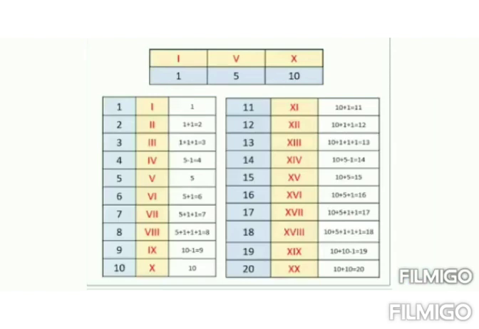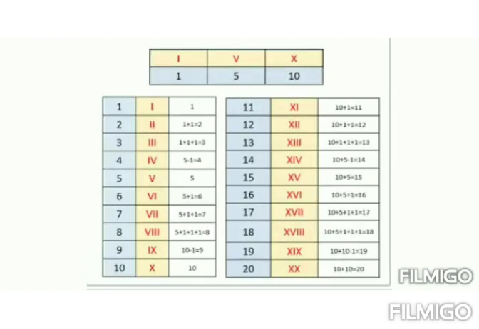Now we will see how to write 11 to 20. For writing 11, we can add to the right by writing 10 plus 1 using rule number 3. That is XI equals 10 plus 1, 11. For 12, we will use XII equals 10 plus 1 plus 1, 12. For 13, we can write XIII by adding 10 plus 3. For 14, we will use XIV, that is 10 plus 4 equals 14.